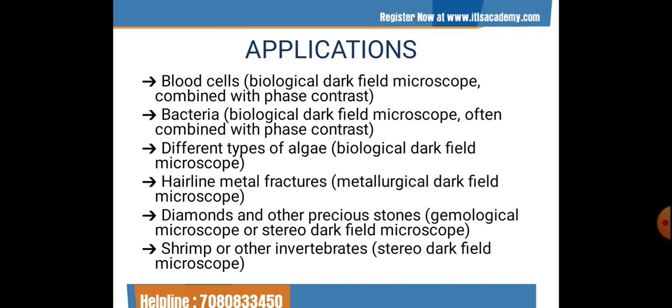Okay, what are the advantages? Let me tell you about some advantages of this. A dark field microscope is ideal for viewing objects that are unstained, transparent, and absorb little or no light. These specimens often have similar refractive indices as their surroundings, making them hard to distinguish with other illumination techniques. You can use dark field to study marine organisms such as algae and plankton, diatoms, insects, fiber, hair, yeast, protozoa, as well as some minerals and crystals, as I have discussed in the applications.